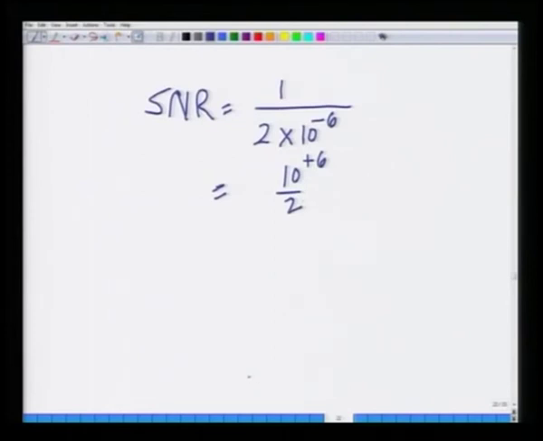So, the SNR in dB is 10 log 10 of this value. SNR dB is 10 log 10 of 10 power 6 over 2,